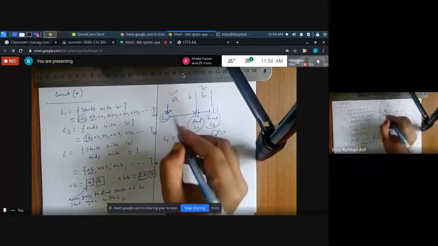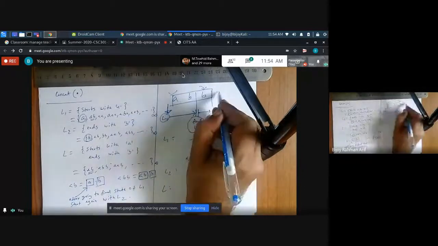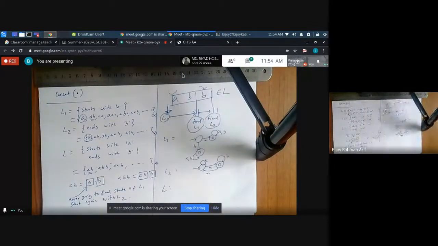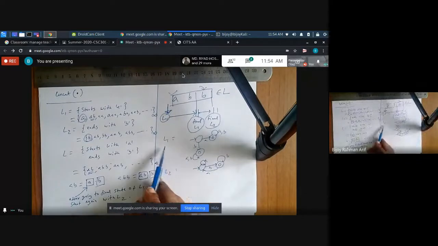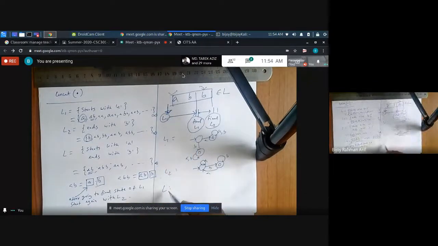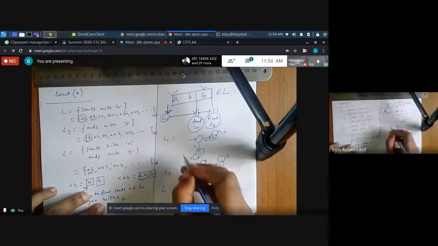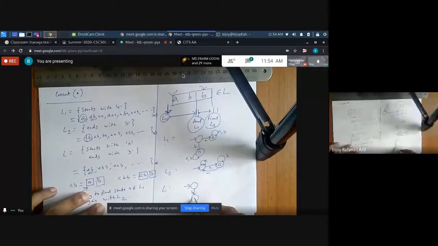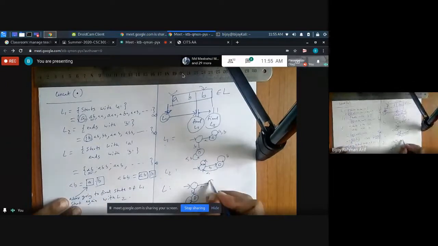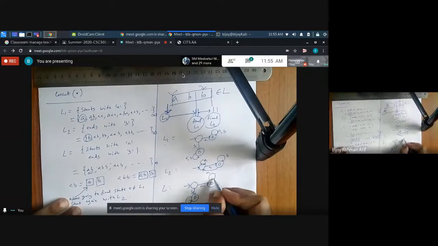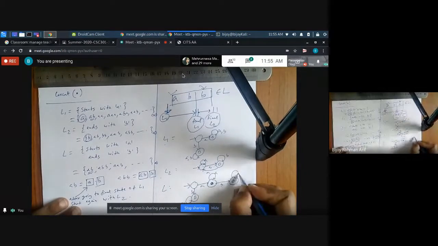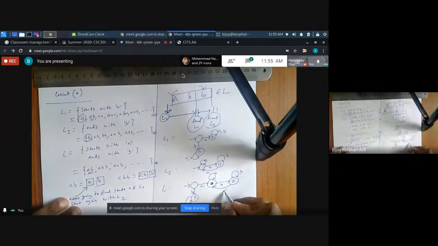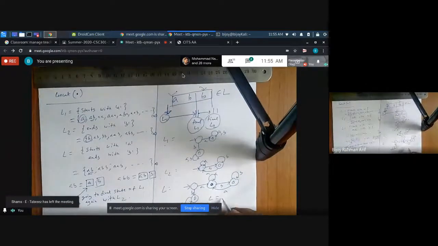And this is how I'm accepting this ABB in the language, belongs to language. Am I right or not? So the same thing is happening. L1 is this one, L2 is this one. So L would be nothing but, I'll start from L1, something like this. Then I got A, I will accept here. Then I will start journey again for L2. So this would be this one. Then I get a B, I should go over here like this. So this is the concatenation of L1 and L2.